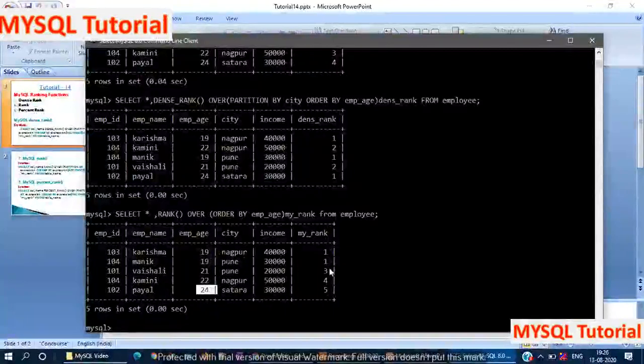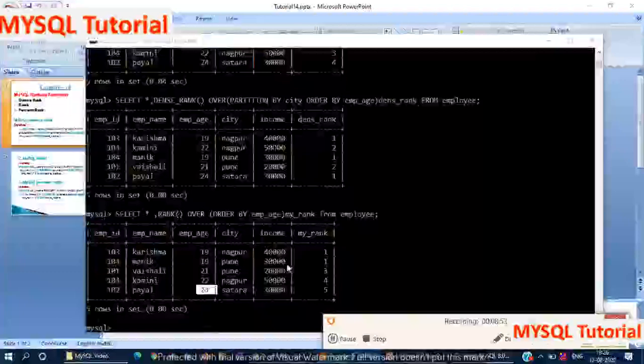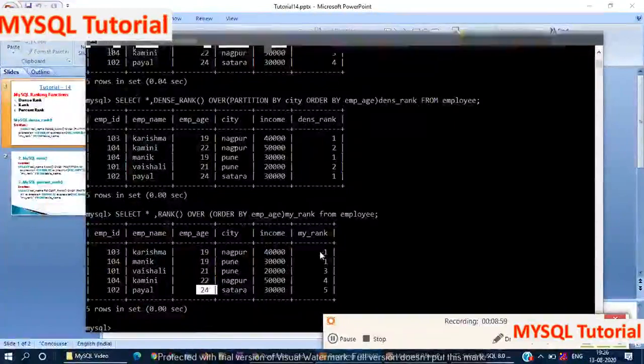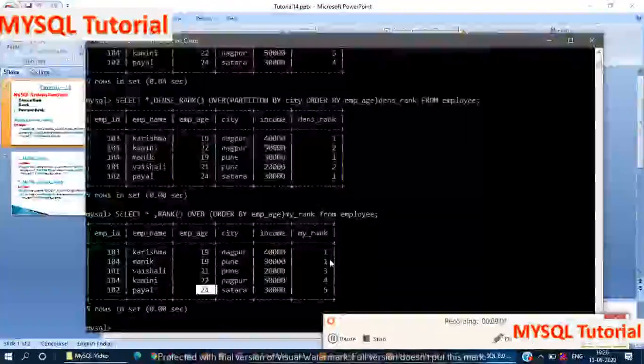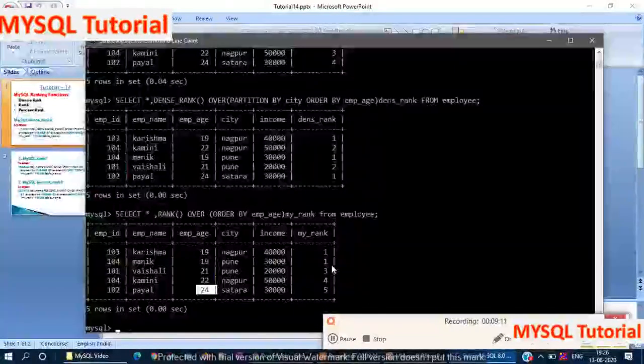We have to find by using MySQL rank for a specified row. The rank function calculates rank by using the formula: rank minus 1 divided by total rows minus 1. That's why it returns rank like this. For example, here you can see for the third record our rank is 1.